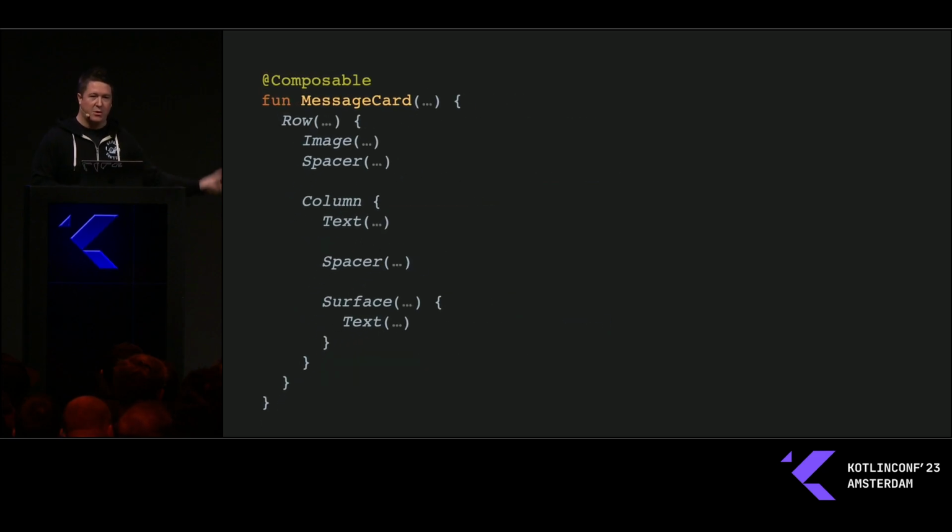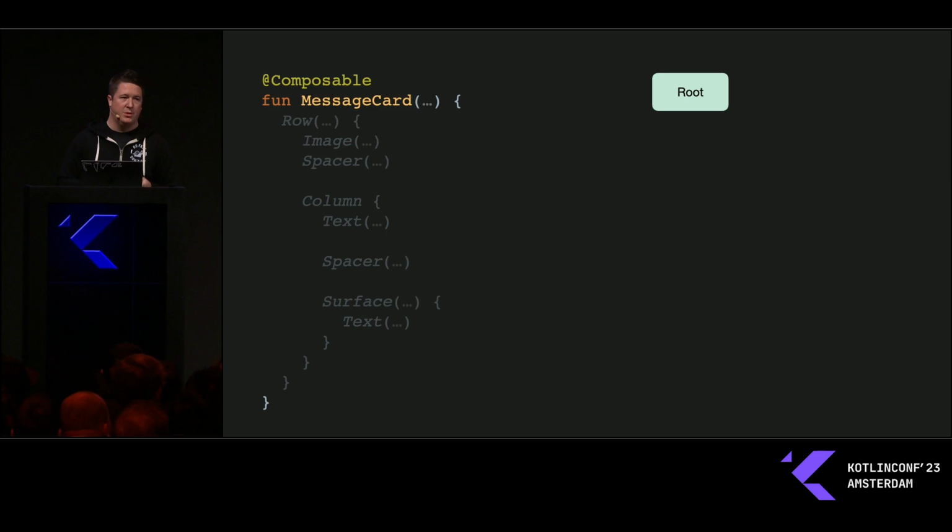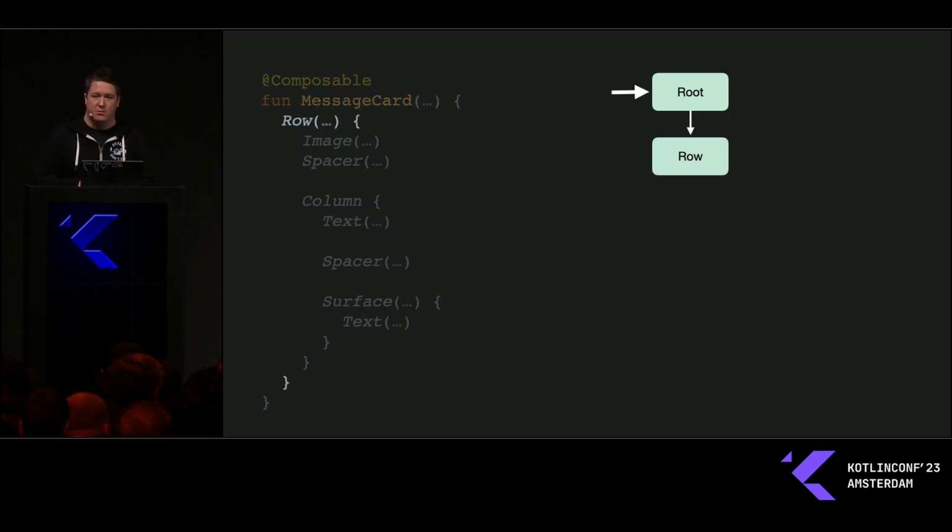So we don't have to care about any of the arguments, any of the modifiers, all that stuff. Really all we care about are the core composables that are going to produce these nodes. There's always a root that Compose is inserting these nodes into, and there's also a pointer to the current node that's being operated on. As your function is being executed normally, if it happens to create a node, in Compose UI they're called layout nodes,